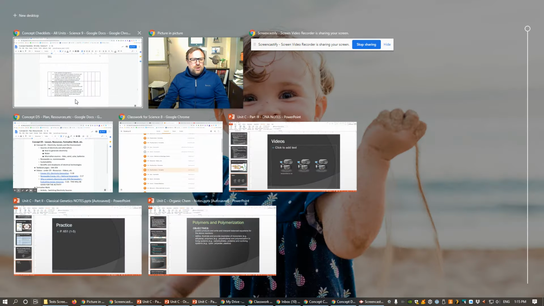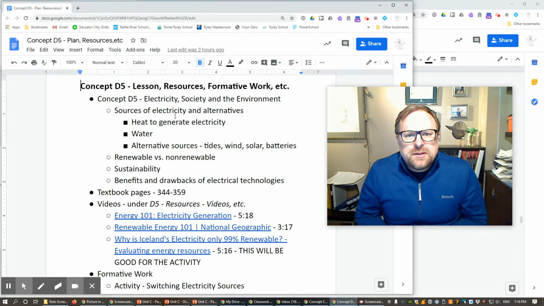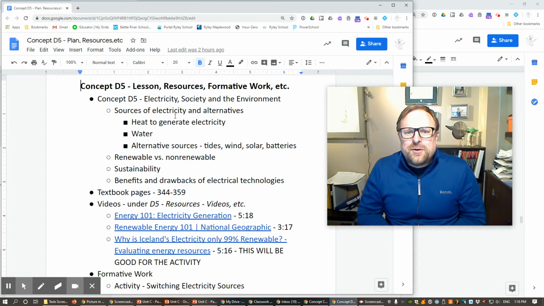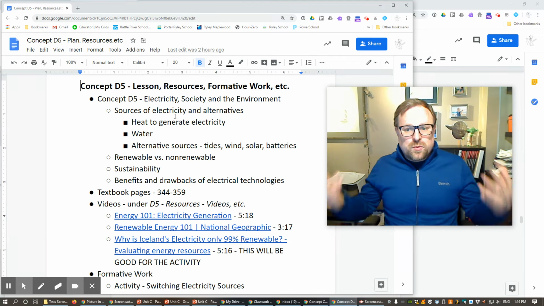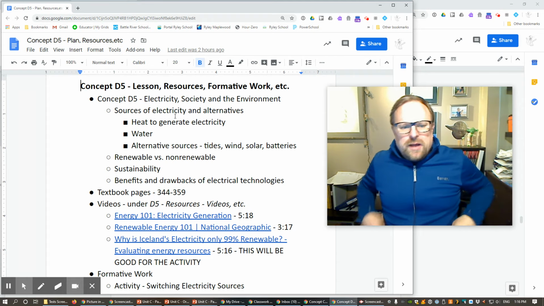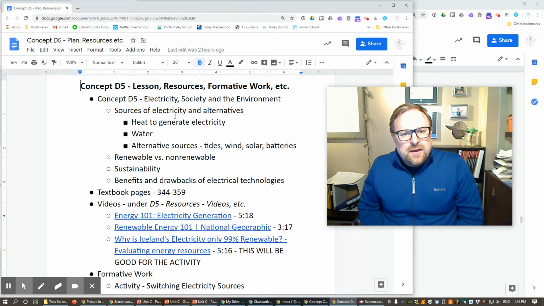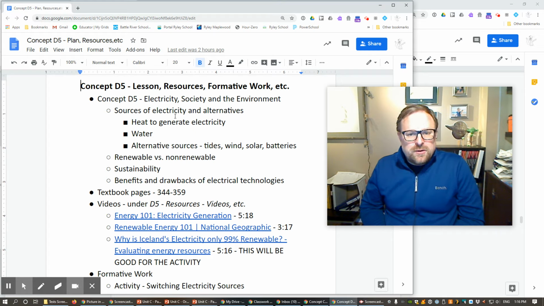Now, I'm going to warn you that our textbook is a little bit out of date. A lot of the stuff that's in there, you might chuckle at and go, well, come on, that's stuff from the early 2000s, and that doesn't exist anymore, or it's changed. And you're absolutely right. It's out of date. So I'm going to try to update things as much as I can, and then we'll talk about how I'm going to have you take this a little bit further. I'm hoping this will be a relatively quick video lesson for you,